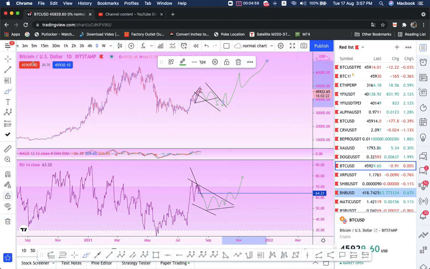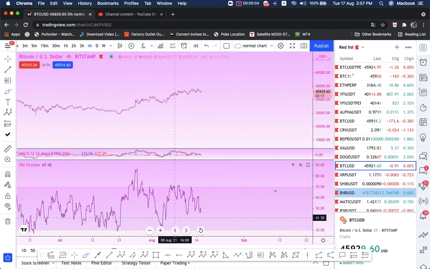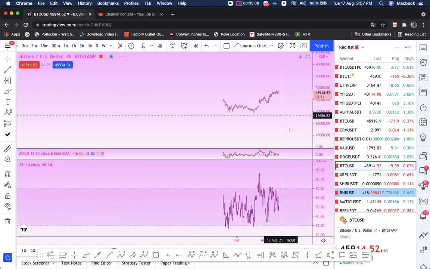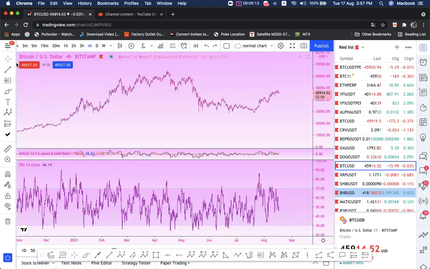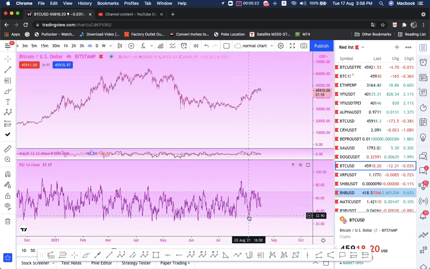All right, but if you go to the 4 hours, it will look different because the 4 hours is trying to reset already. Why do I say it's trying to reset? As you can see here, as the market moves down slightly, a little bit, the RSI is already trying to reset really hard. For example, this one here, this drop here, although it dropped a little bit, it kind of totally reset here. Okay, it creates a bull divergence right here.